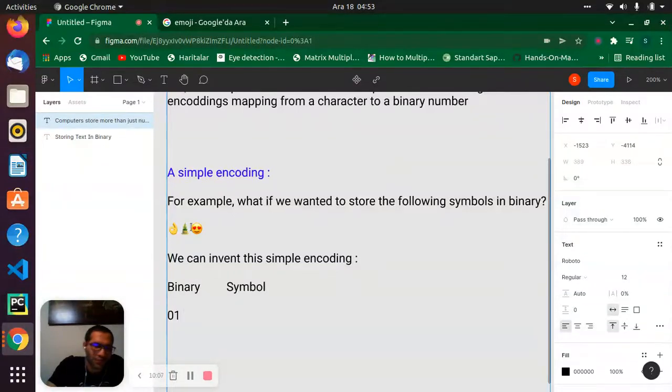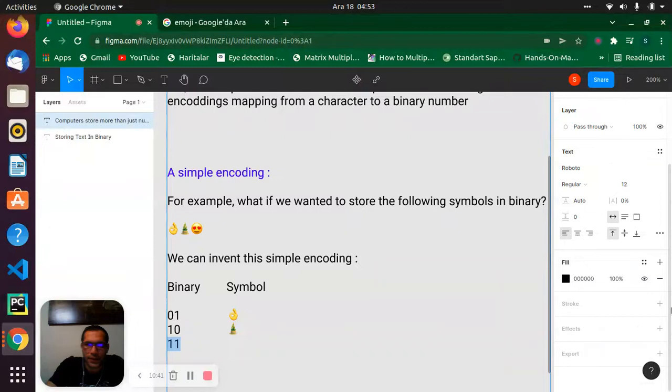This one is this symbol, and this one will be this emoji. Let's put it there. Also, let's come down, say 11.